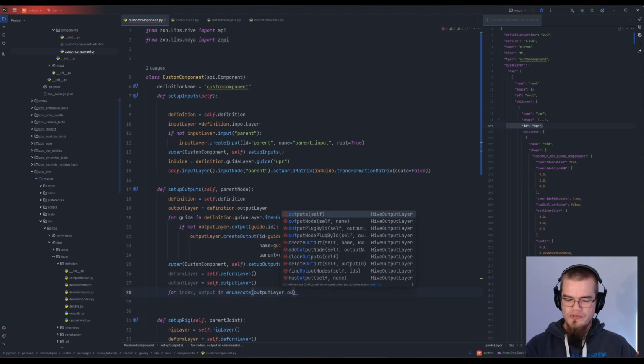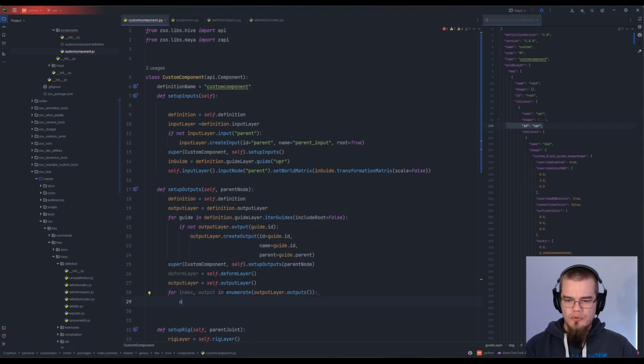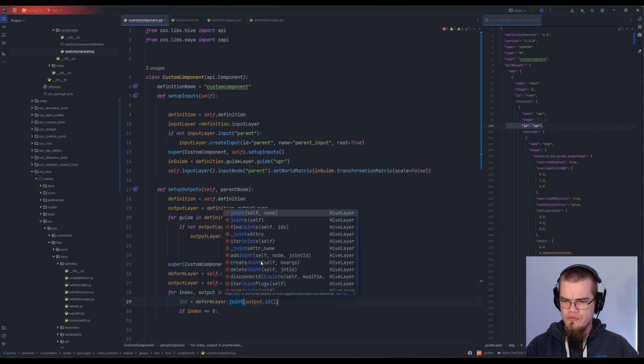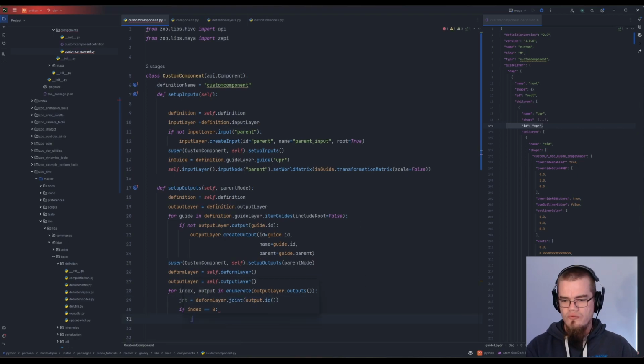So what we're going to do is loop over our outputs. Now what we want to do is basically get our output in the same location as our joint. So an easy way of doing this at this current stage is just to say if index is equal to 0, and what we want is a joint now. So all we can do is deform joint. Leave that, should be fine, joint, but it could be as well. I keep forgetting which one. Now joint